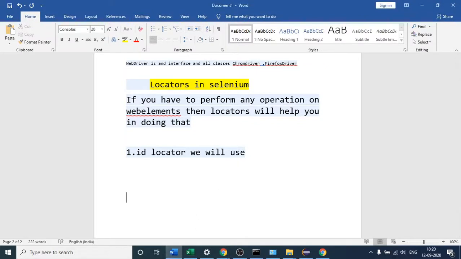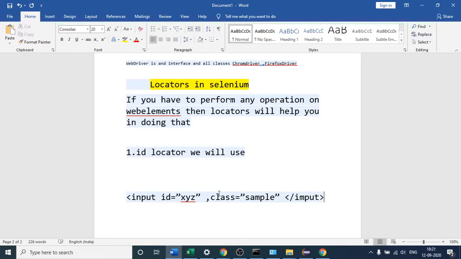Let me write it here. Suppose you find something like this: input, ID equals xyz, then class, and the class name, just assume, is sample, and then the input closes.